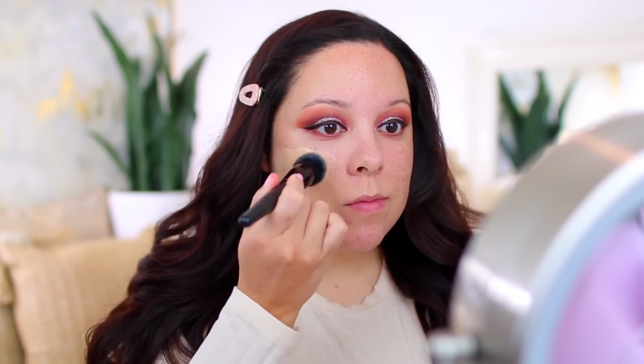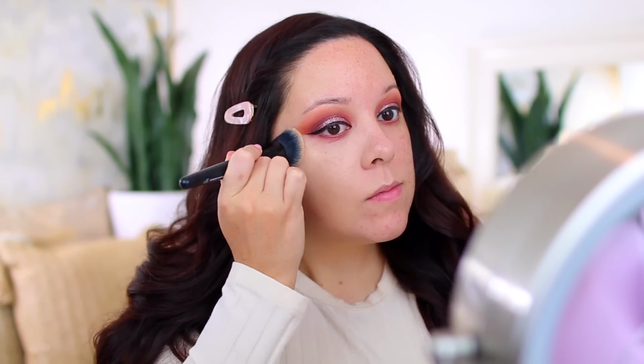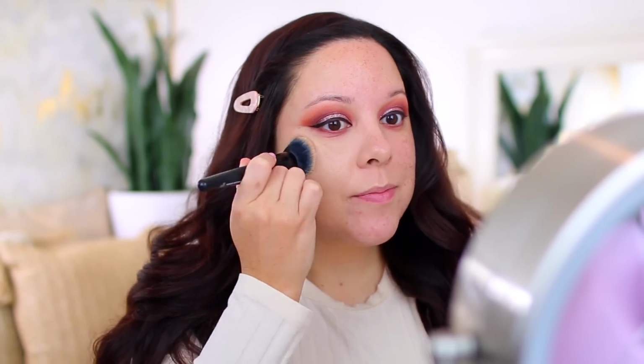It goes on so beautifully. e.l.f.'s brushes are 100% vegan and synthetic, and I just find that I get a really smooth, even application with this brush. It's somewhat similar to the Flawless Face Brush, except that one is more rounded. So if you're looking for a good brush for contouring, for cream blush, for bronzer, this might be a great